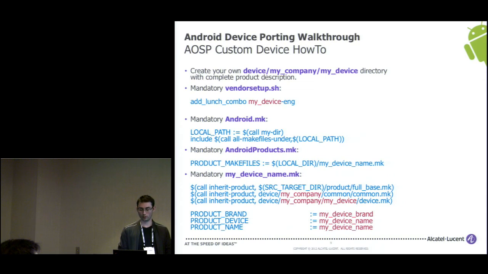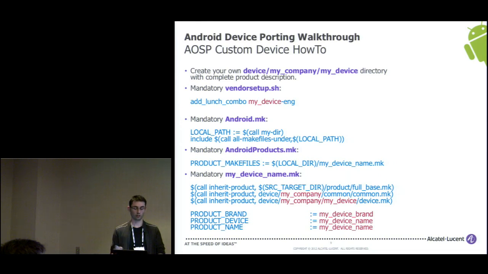One of the really important files to use, of course, is the vendorsetup.sh file, which has to define your new device. For this version, it's the engineering version. You may also add the debug options. But this is the file that creates a new entry when you hit lunch and try to build the AOSP.